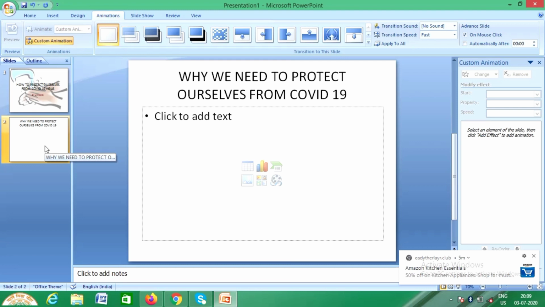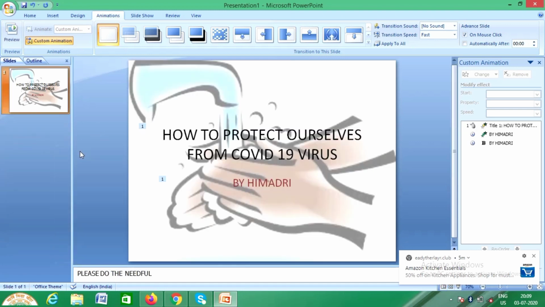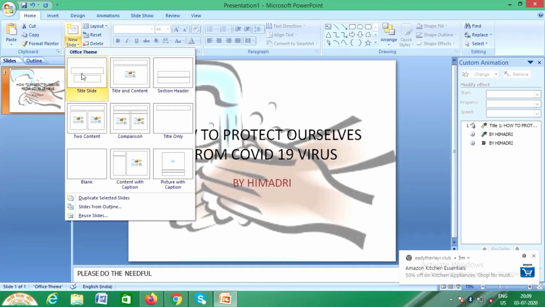Generally we used to insert a blank page, isn't it? But you can also insert different layouts. You can click and insert different layouts, which will make your task easier. So here in the second one I just cut, and I'll show you again how I have inserted that. New slide, and you can select according to your choice. Suppose you want to enter a title there and give something else, so you can click on the title only. Then suppose you want to give comparison using pictures and all, you can give comparison, like that.